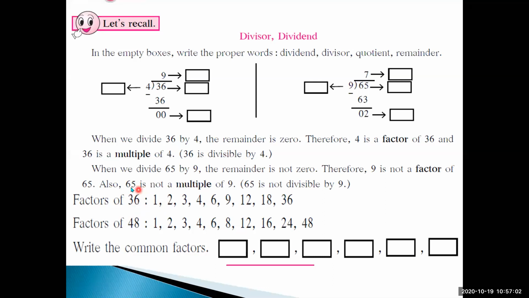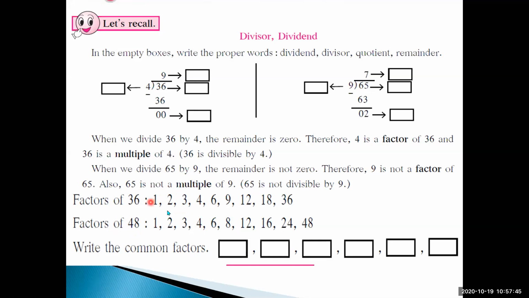If we add the digits, and after addition the number is divisible by 3, that means the number is divisible by 3. For example, if 36 is there, then we add 3 plus 6, which is 9. And 9 is divisible by 3, 3 threes are 9. So finally we got the remainder 0. So that means this number is divisible by 3. Again by 4, then 6, by 9. How to find factors we have seen, right?